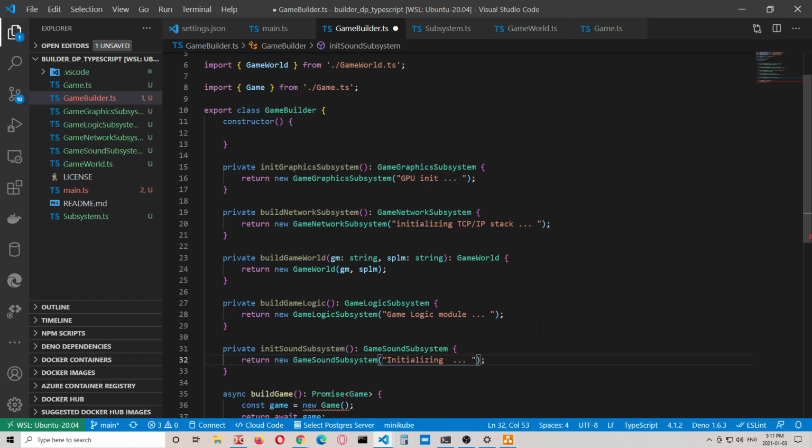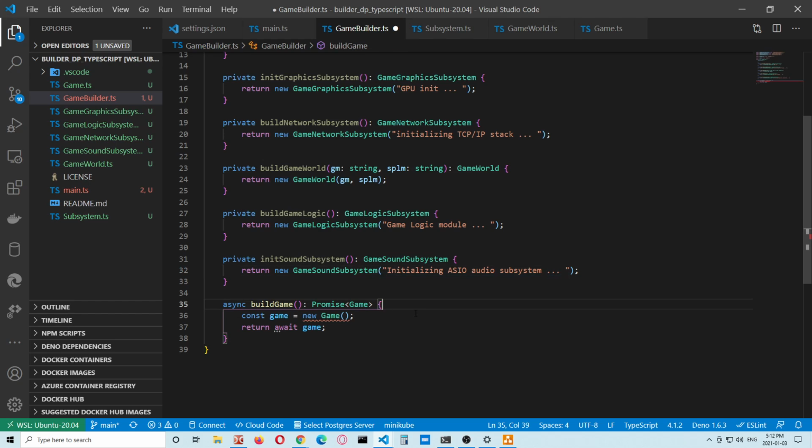Initializing audio subsystem, for example. Okay, so